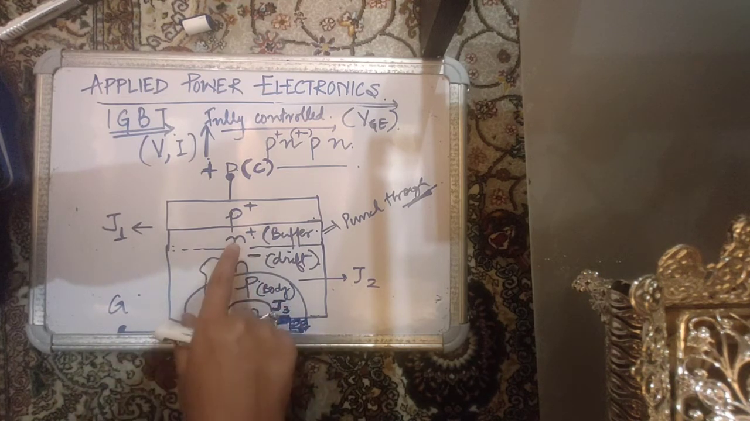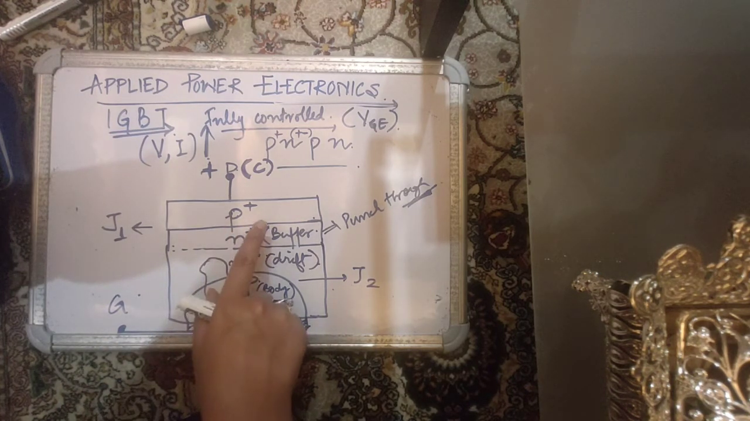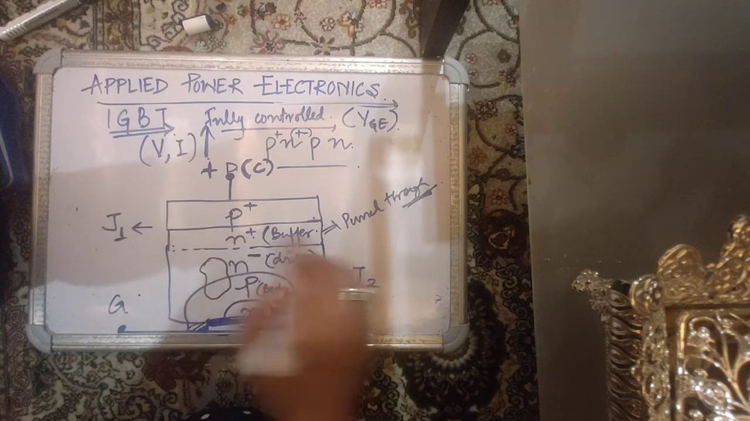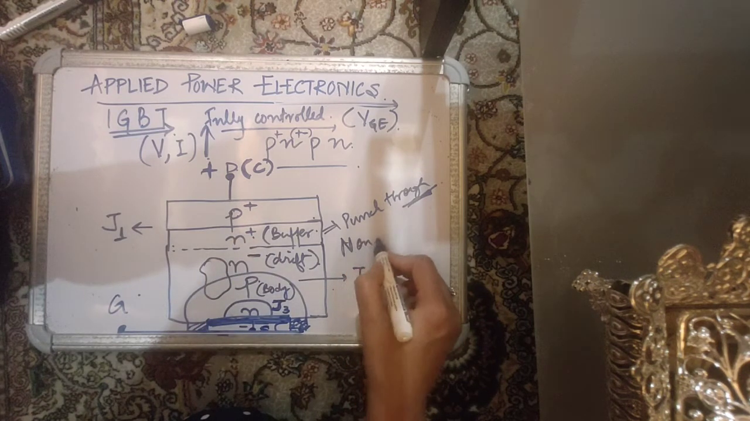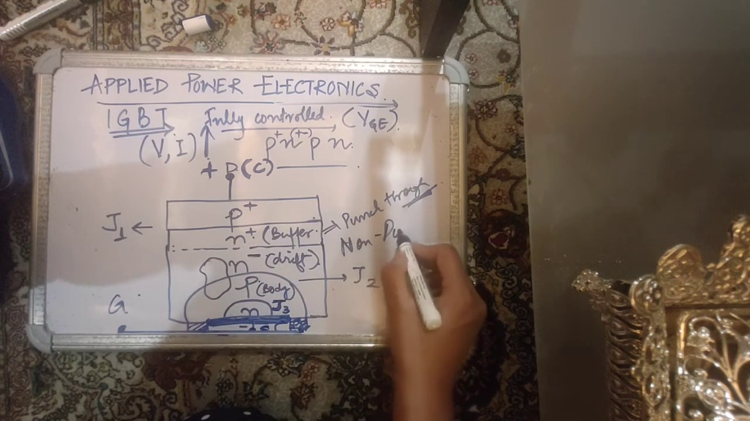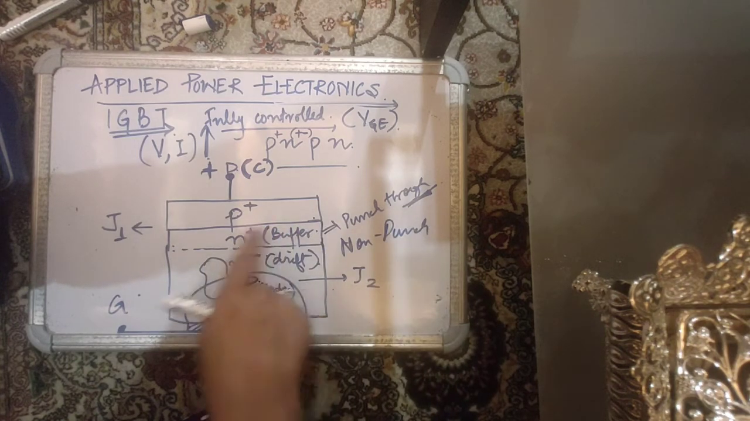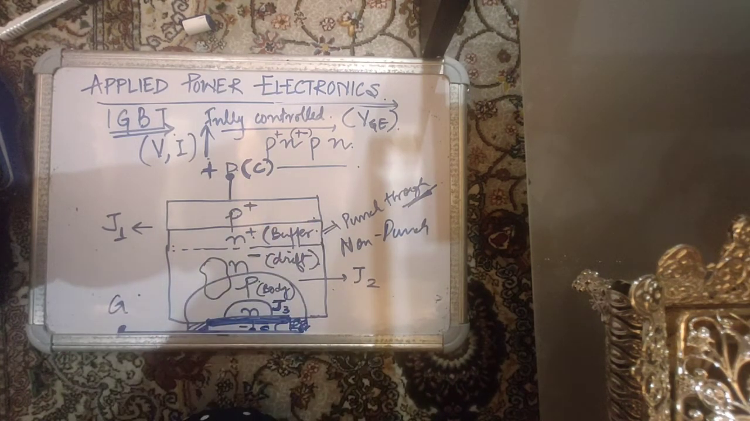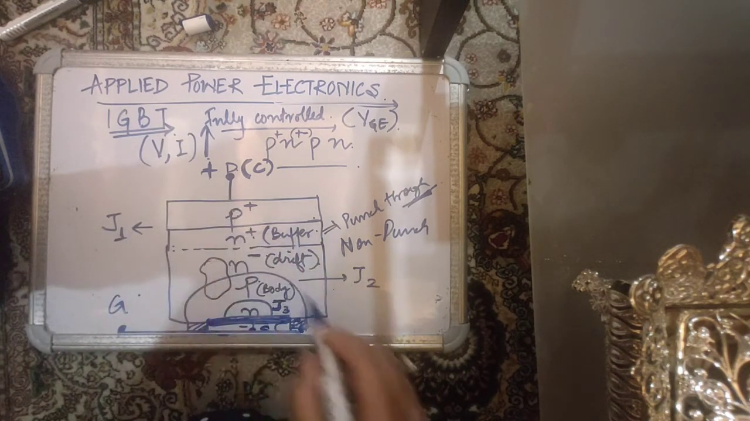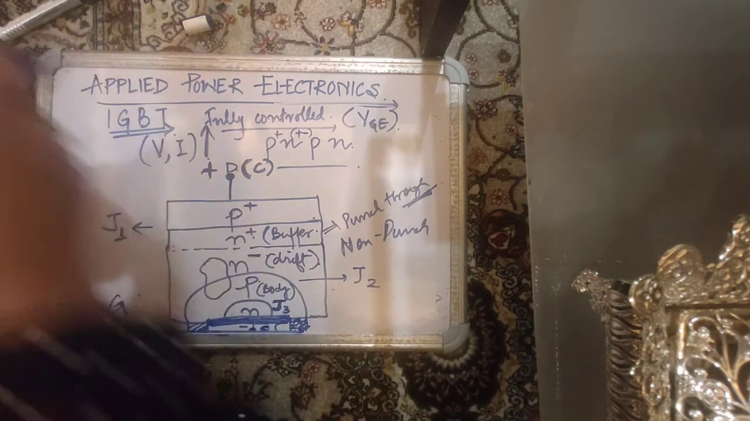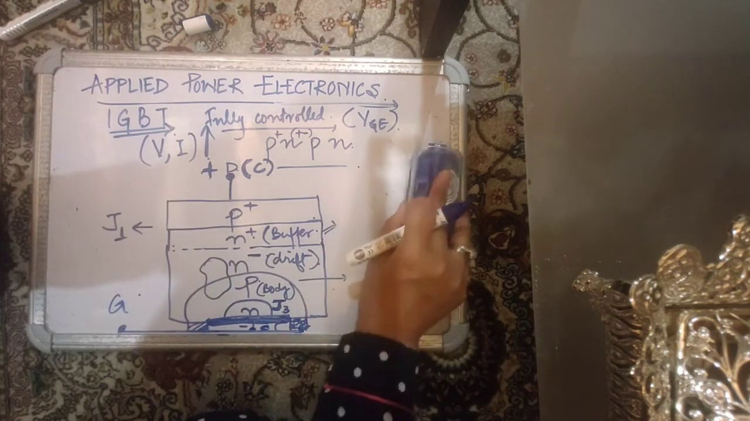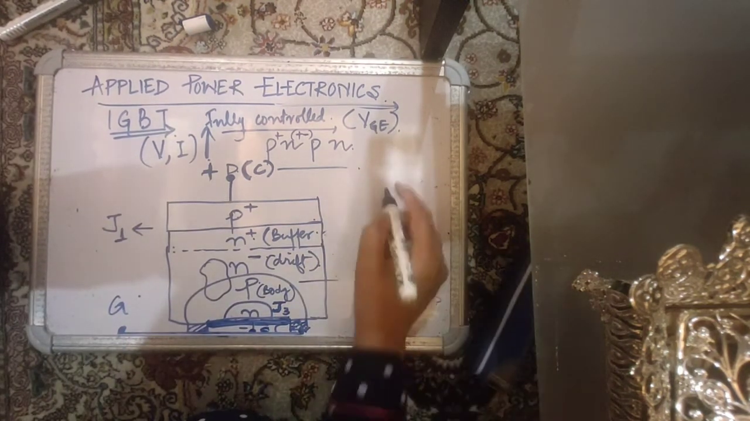In certain cases, you may not have the N plus region, which I told you is the non-punch through type of IGBT. They may not have an N plus region, and the entire thing could be just an N minus region. Those kinds of IGBTs even have reverse voltage blocking capability. But anyways, for now we know that when we give positive voltage to this IGBT, it is not going to conduct, it is going to block this positive voltage